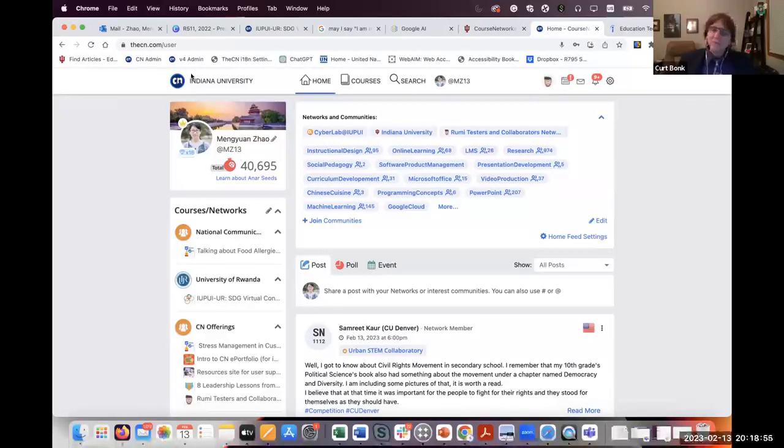Right, Mengyuan? Correct, yeah. So I analyzed literature about using social networking sites for teaching and learning, and I developed a quadrant based on whether it's a general purpose SNS or an educational SNS, and also how much instructor support and scaffolding was put into the instruction on the use of the technology, from no instructor support, to student directed, to instructor directed, and had a lot of nice findings.